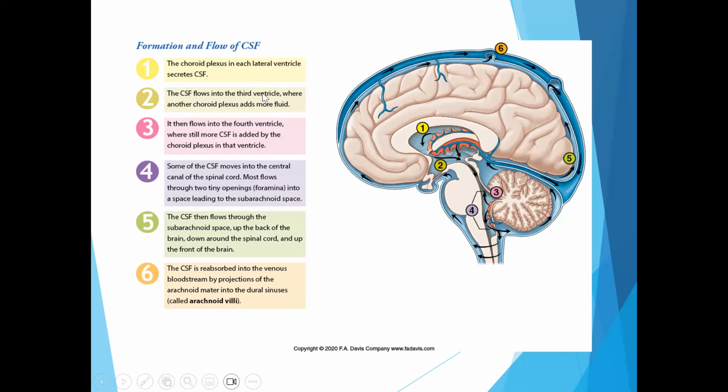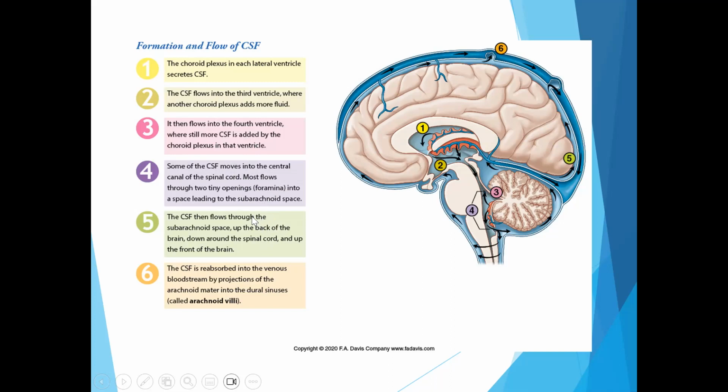So it goes from those lateral ventricles into the third ventricle. And the third ventricle also has a choroid plexus, which produces even more CSF. It then goes into the fourth ventricle. And remember that the fourth ventricle narrows to form the central canal of the spinal cord. It also has a choroid plexus to produce more fluid. So we have some that goes into that central canal, but a lot of it will end up in our